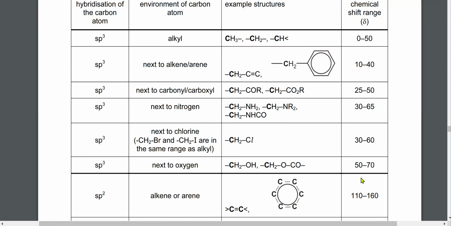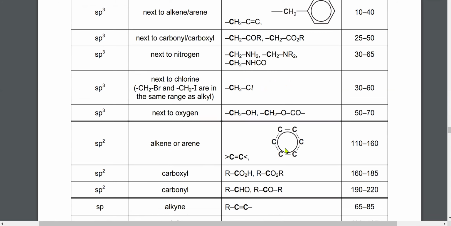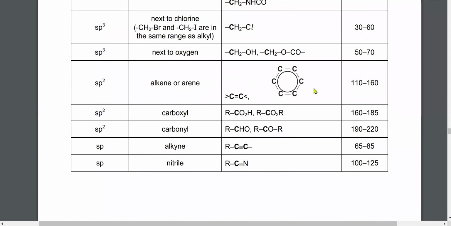So pretty much you can't really figure out much, except for maybe an alcohol. You would notice that there's a carbon next to an OH if it's in the 50 to 70 range, but even that is overlapping with carbon next to halogen. So you can't really be sure what type of carbon it is. You're not going to get much information even if you look at the data booklet. With these ones, you have more chances of identifying them. For example, a benzene carbon can be identified using this, or maybe a carboxylic acid. Aldehydes and ketones would also be resonating at almost the same frequencies.